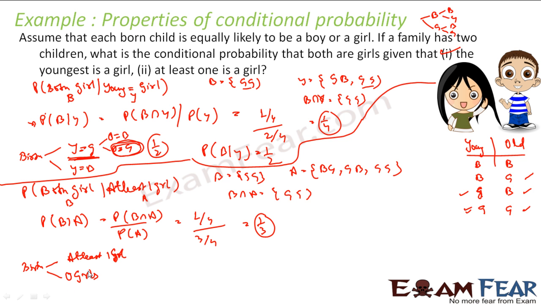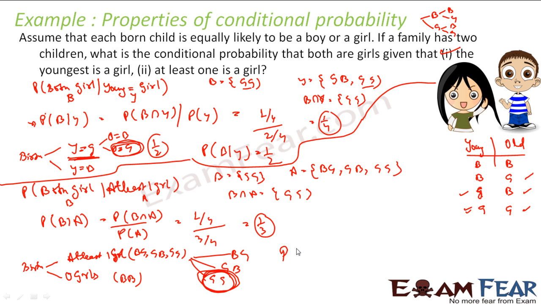Right? No girl. So at least one girl, if you see, there are three possible cases. You know that this guy, BG (boy girl), GB (girl boy), or GG (girl girl), and no girl is BB (boy boy). Correct? Now from this, I am looking for a set where we have only girls. So if you see from this, there are three possible options, right? Boy girl, girl boy, and girl girl. All are equally likely.